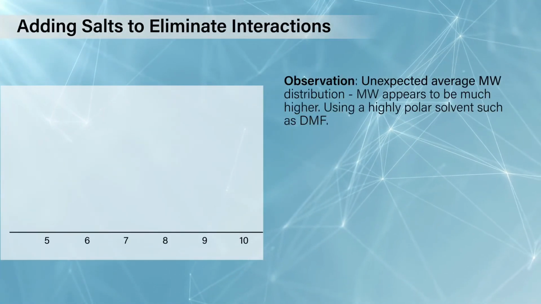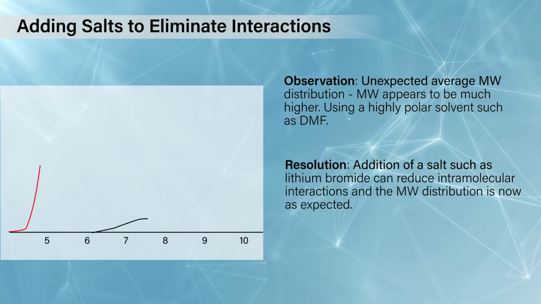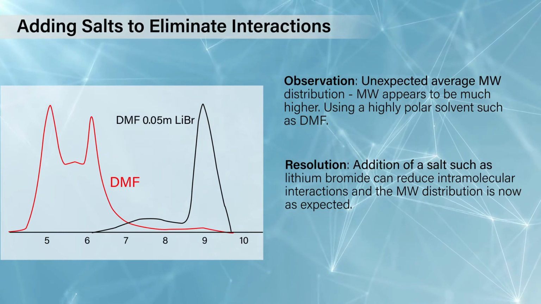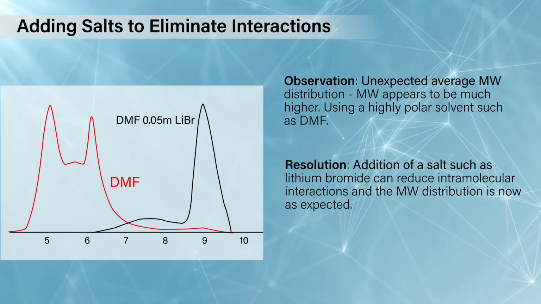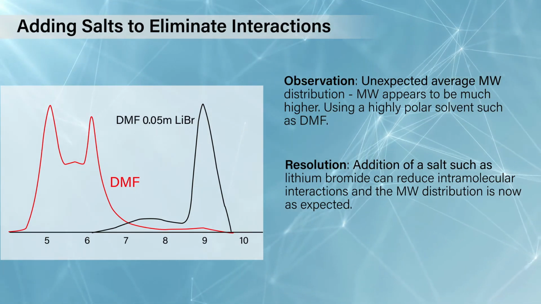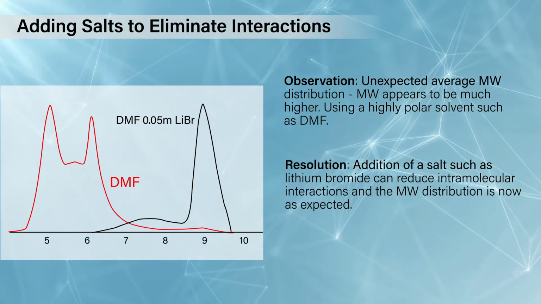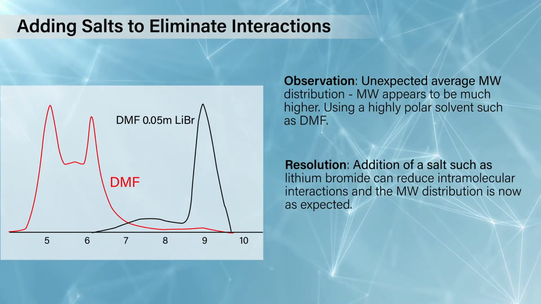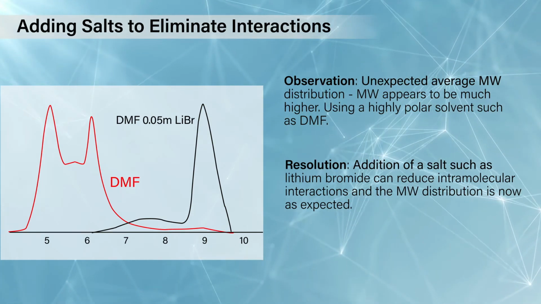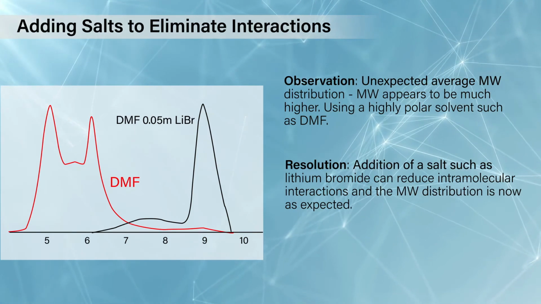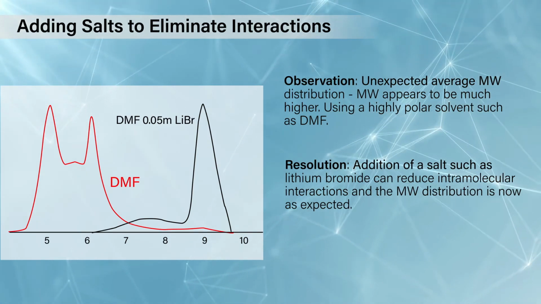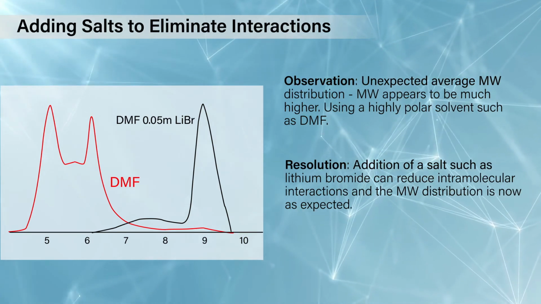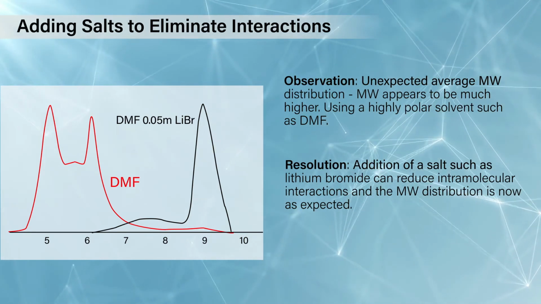Salts, so especially for something like highly polar solvents, DMF, DMSO, you may see agglomerates in your chromatography. So here in this red trace on the screen, you can see that you've got a very early eluting multimodal peak. That's indicative of agglomeration. Add some lithium bromide at low levels, that'll break up those interactions and make sure that you're looking at the individual polymers, not the agglomeration.